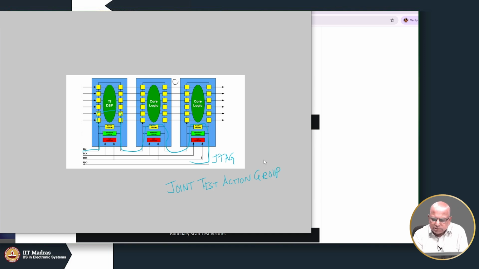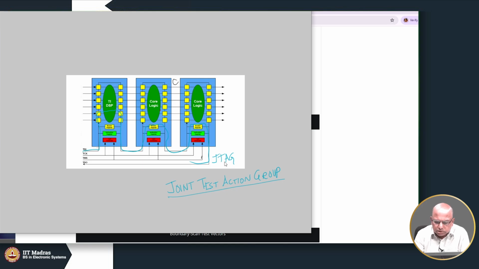So, as the name suggests, experts belonging to different companies, they all came under this group. Okay, they formed a group because before all this boundary scan etc. was invented,